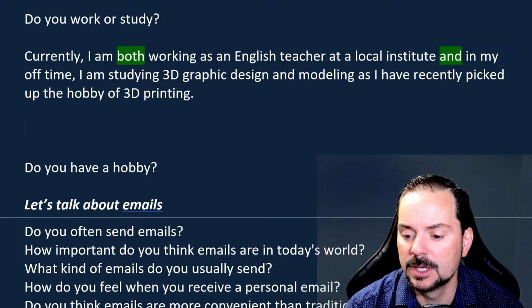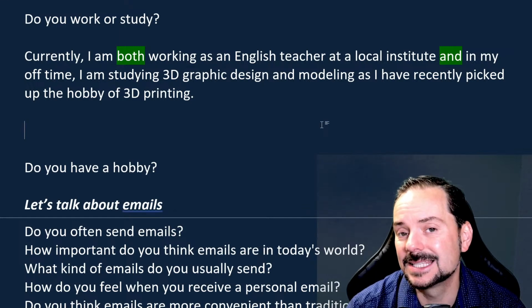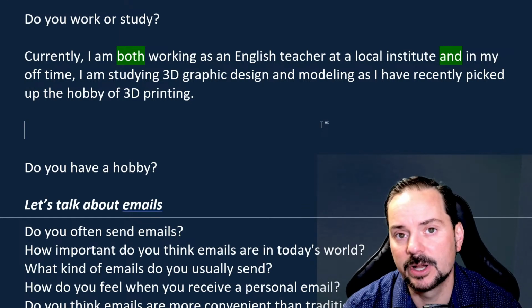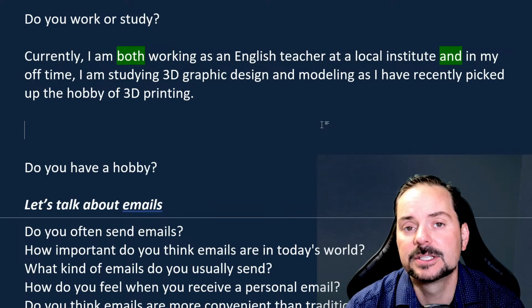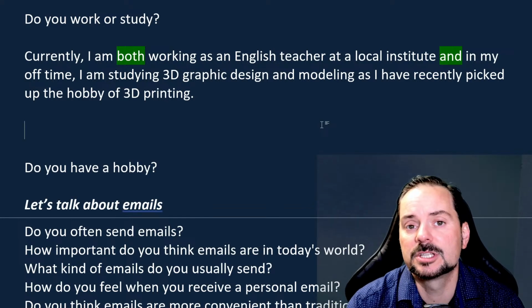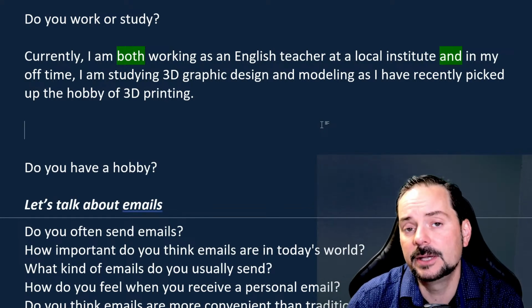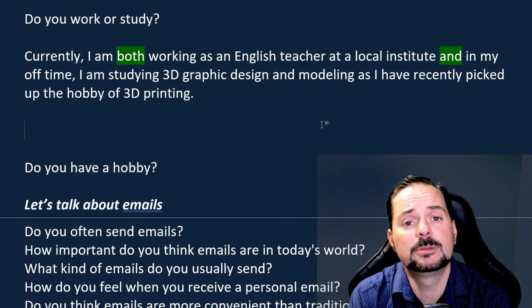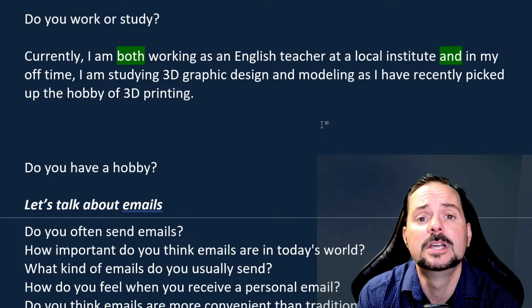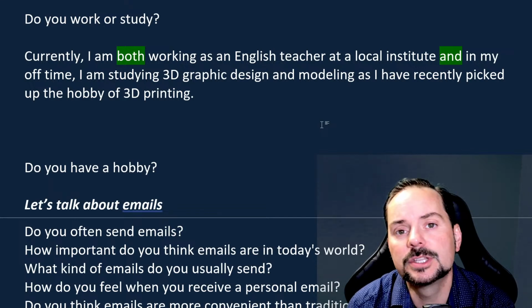All right. So Sheba, currently I'm both working and studying is not enough English. All right. You're not in an ESL class. It's not the examiner's job to get you explaining and giving details. They will ask you a few times, especially at the beginning, and you give some more details. Can you give an explanation? That's not a good sign.